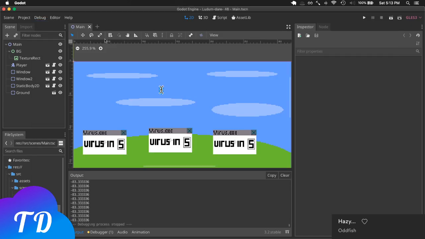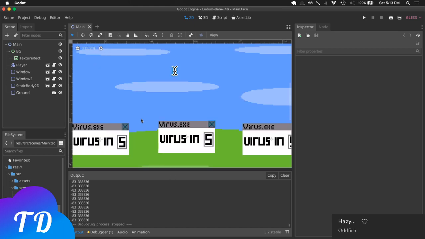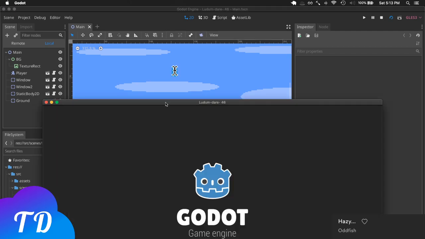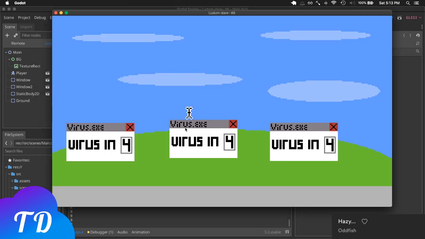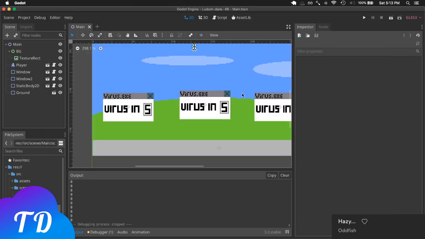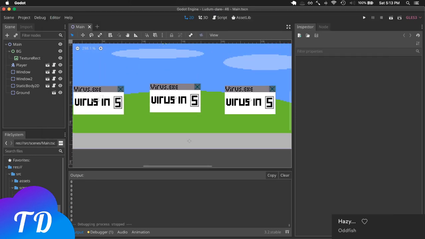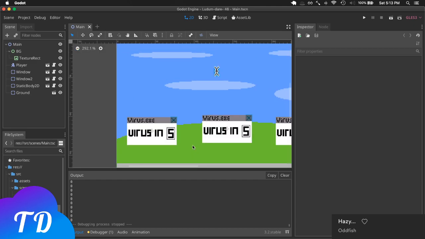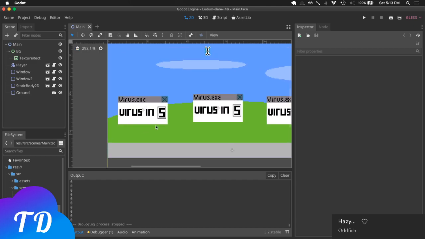So the first thing that I want to get done is I want to implement something. Right now, when you play it, when the timer ticks down, you're still able to close the tab even when it has the death screen up, which is a bit of a bug. So to prevent this problem,